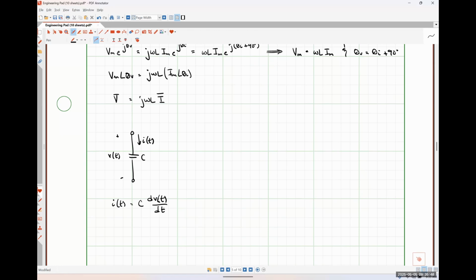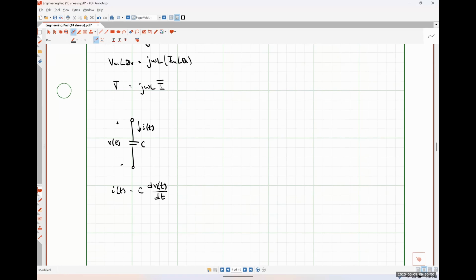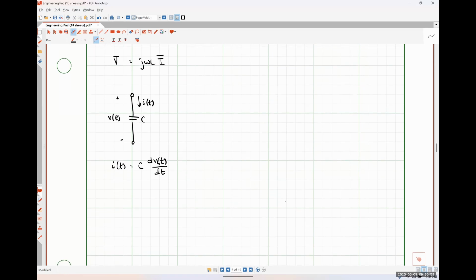This is practically the same thing we just had for inductors, except that V and I have swapped places, and instead of having L's, we now have C. So jumping ahead several steps, this would look like Im e to the j theta I is equal to j omega C times Vm e to the j theta v, or omega C times Vm e to the j theta v plus 90 degrees,